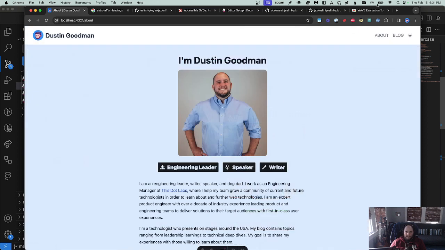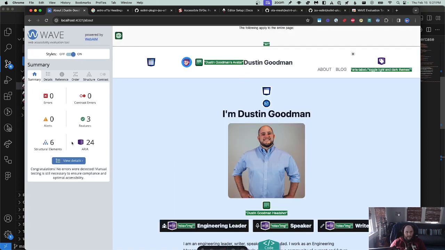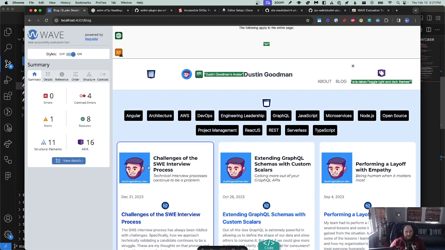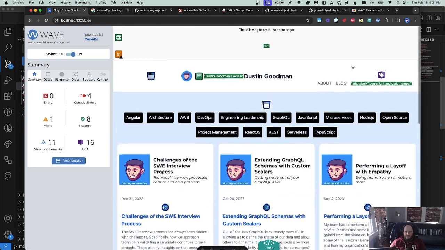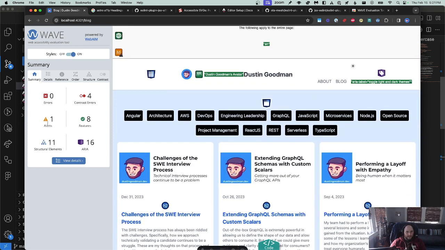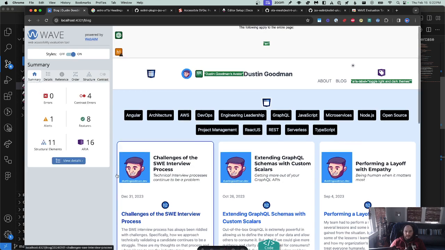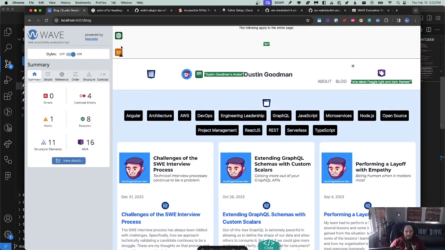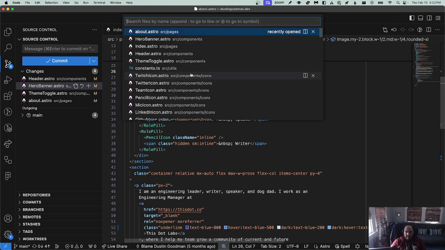Let's go to our about page. Let's do an audit here. Everybody's happy. Let's go to a blog page. This one's probably going to complain because I definitely don't have an H1 on this page. And I have contrast issues. All right, let's look at these. Where's my alert? Let's find the alert first. No H1. So if we go to our blog index,